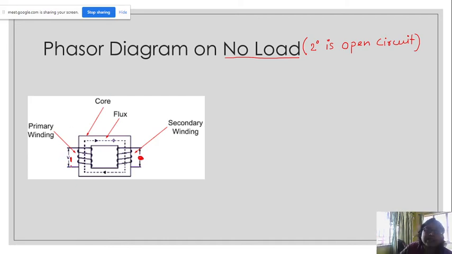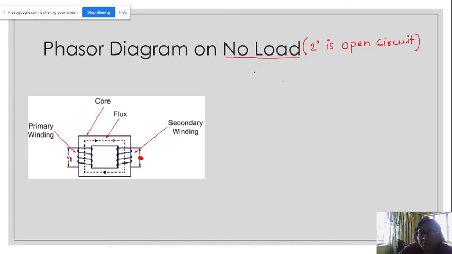Now what is going to happen here? You have provided a voltage. Due to this voltage, a current is flowing through this circuit. Now tell me, if it is an inductive circuit, what happens to the current? A transformer is basically an accumulation of coils. It's a magnetic thing, flux is flowing through it, so you can understand it as an inductive circuit. Can you tell me what happens in an inductive circuit?